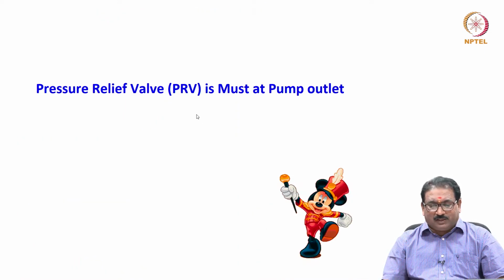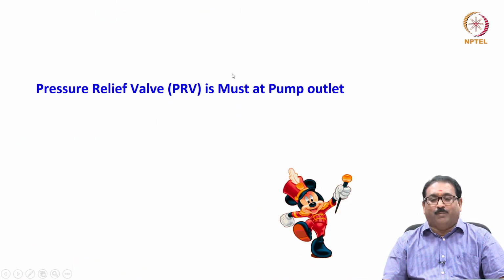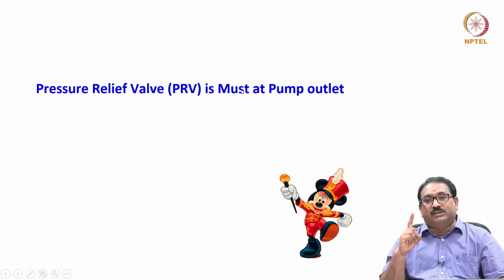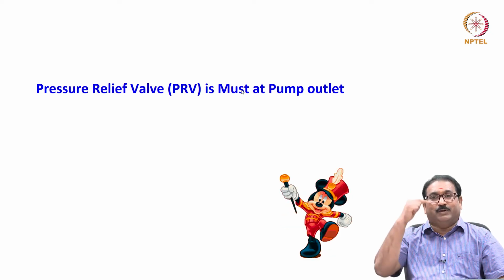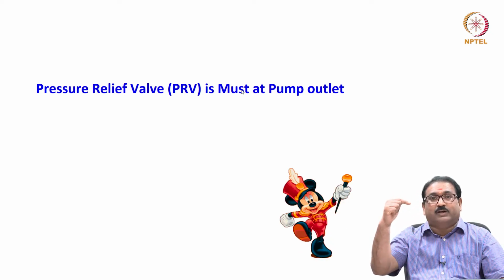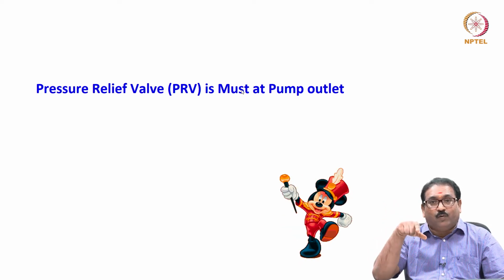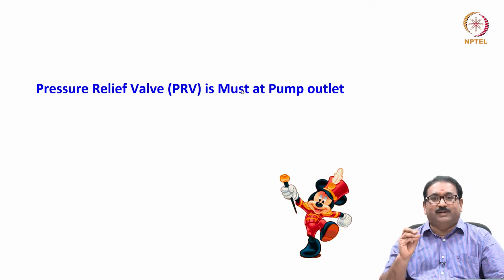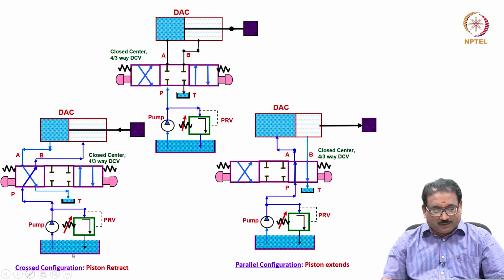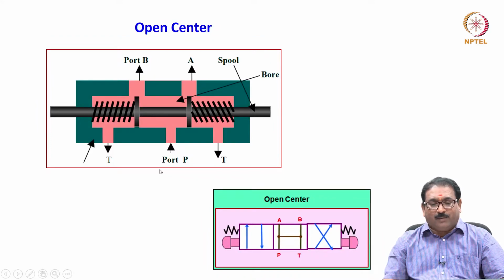Correct, friends? Now let us see this. Pressure relief valves are a must when you are using the closed center, because pressure will build in the center position, as all ports are blocked. Pump is sending the flow, no recirculation, it only accumulates at the exit in the middle position. So that's why, friends, pressure relief valves are a must when you are using the closed neutral or a closed center.